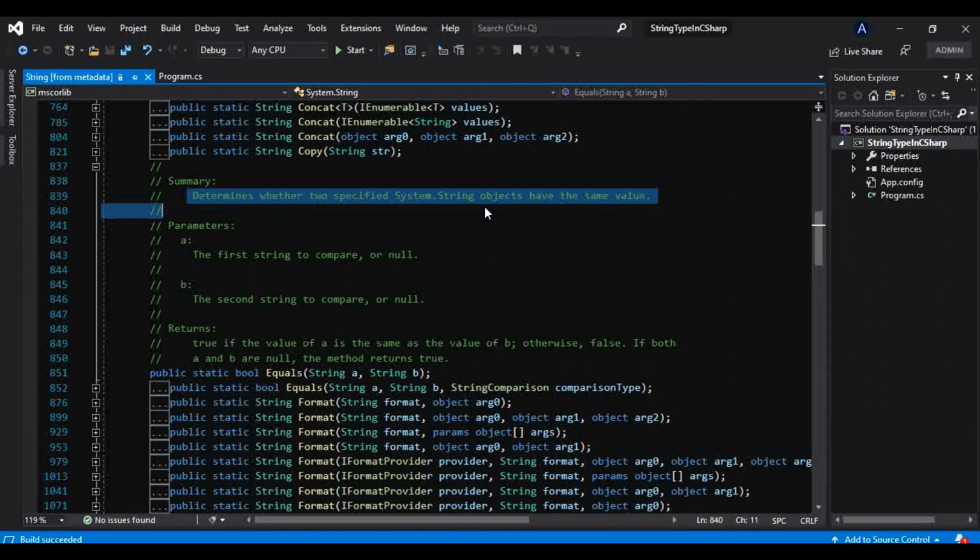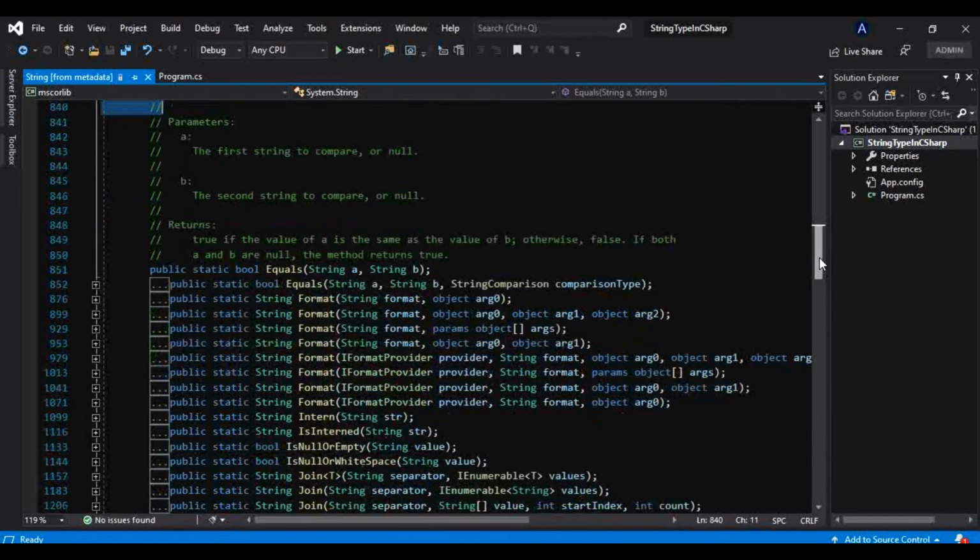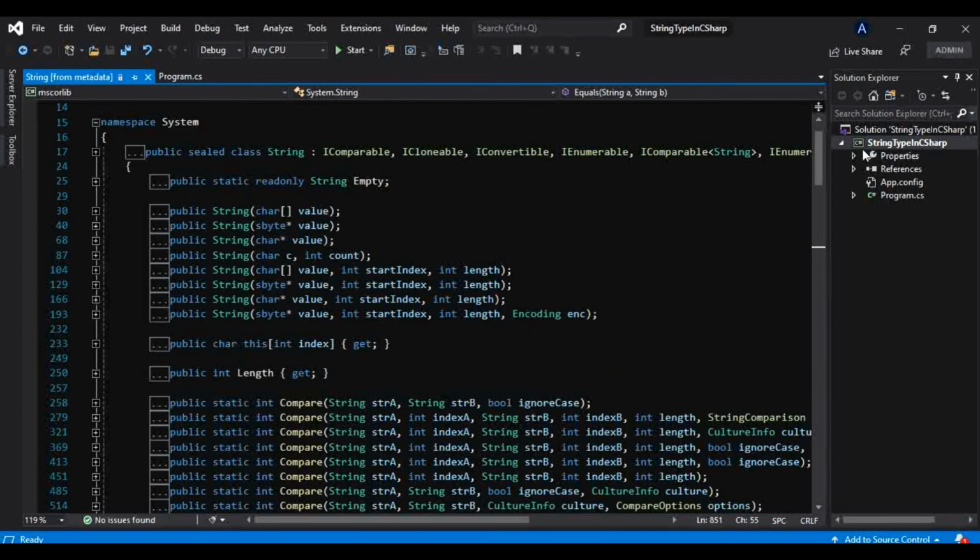So if two strings contain the same value, it will return true. If you see the return type of this method, that is bool, so it will return true or false depending on the strings. Only if both strings contain the same value will it return true. Don't worry about the return types and parameters, we will learn everything in great detail. Likewise, there are many methods contained in this string type, so you can check that out, and the name suggests what the method does.